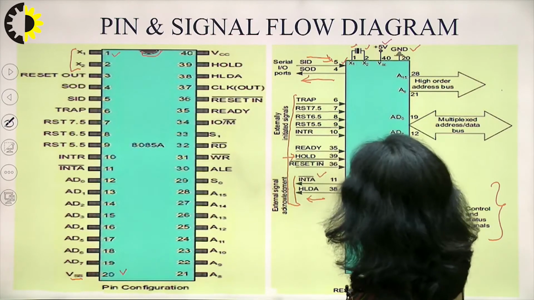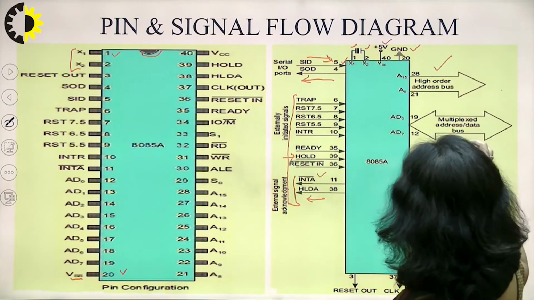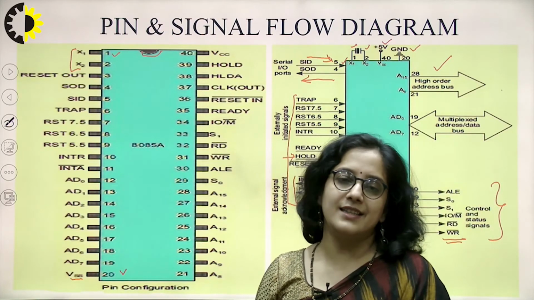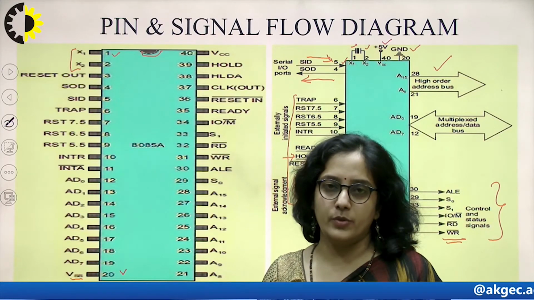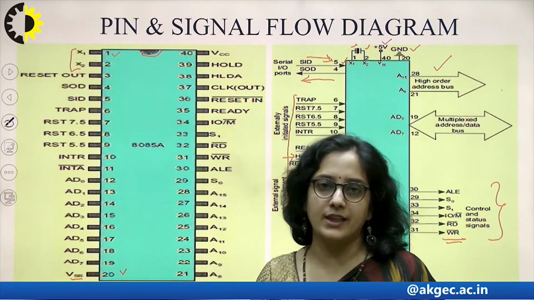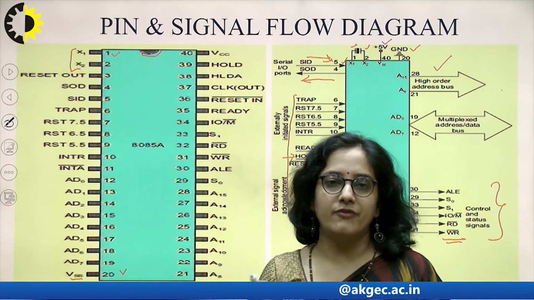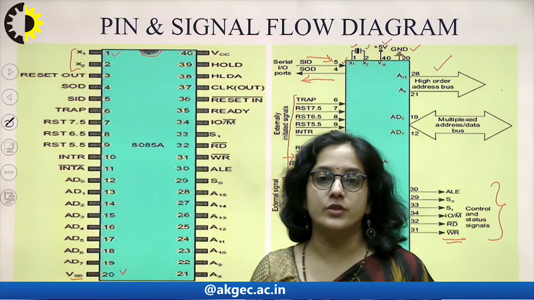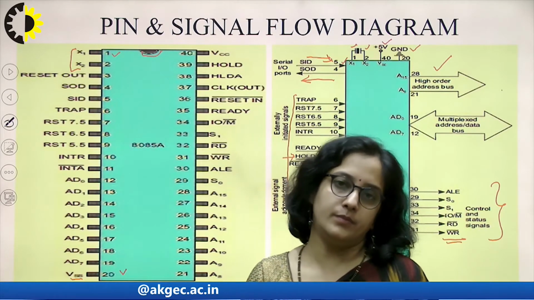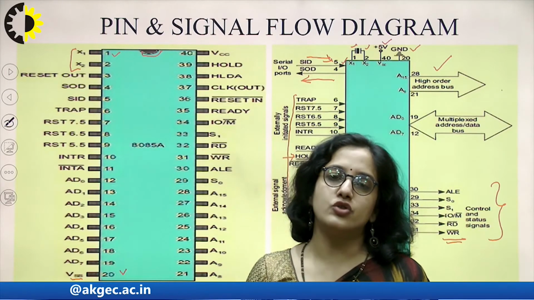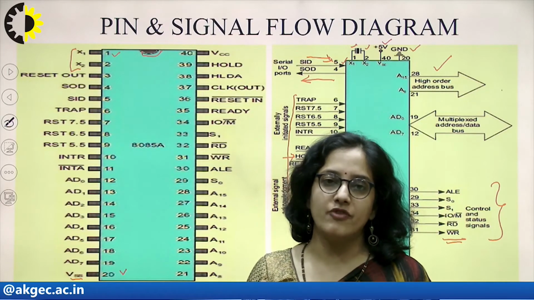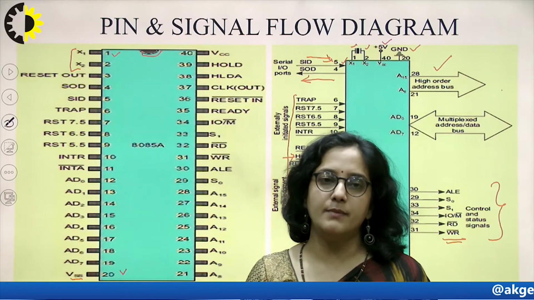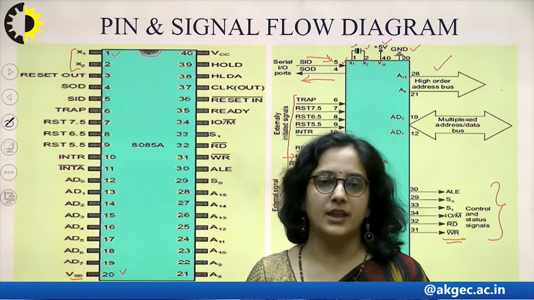Okay, and the next group is the address bus, the higher order address bus. Address lines are used by the microprocessor for selection of the outside device. For example, 5-6 devices are connected to a microprocessor. Now the microprocessor has to choose which device it has to communicate with. So in that case, it has to generate an address. That address will travel on these address lines and reach that particular device, and the microprocessor selects that device and communicates with it.